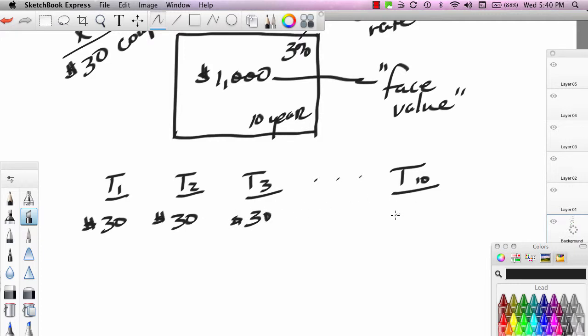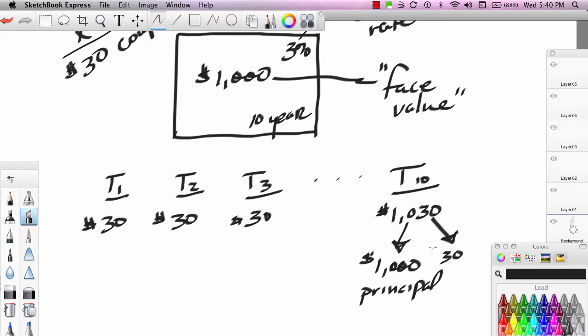And then in the last year, the government would repay the bondholder of record $1,030. The $1,030 is made up of $1,000 in what is called principal and the last interest payment of $30, which is the last coupon. So this bond would pay ten $30 payments over 10 years, and the bondholder of record would receive the $1,000